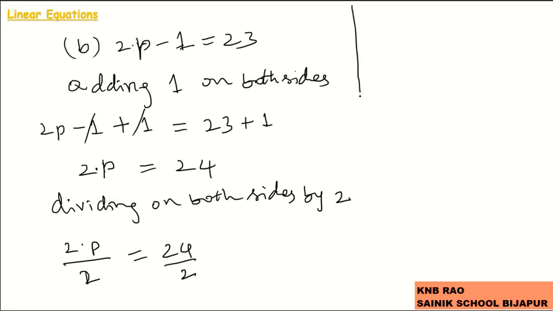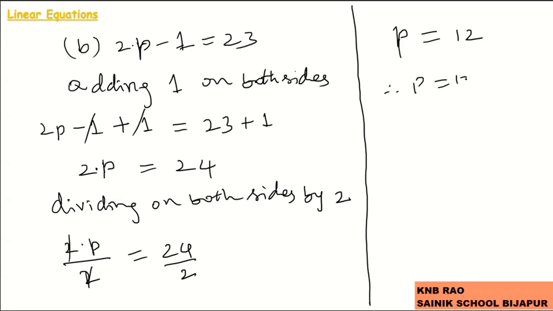Now, on the left hand side 2 multiplying p and dividing by 2 gets cancelled and gives us only the variable p alone on the left hand side. So, p equals, on the right hand side 24 divided by 2, on simplifying we get 12. Therefore, we say p equals 12 is the solution